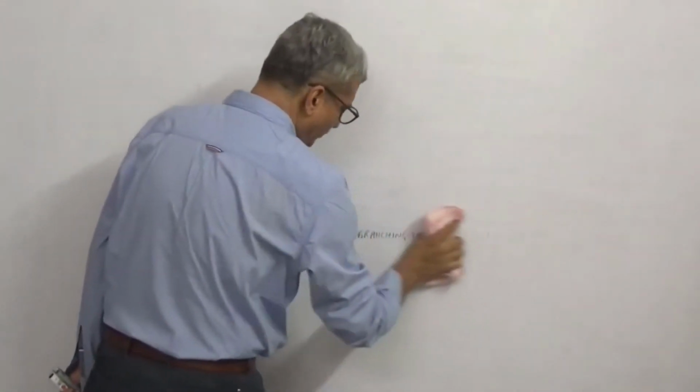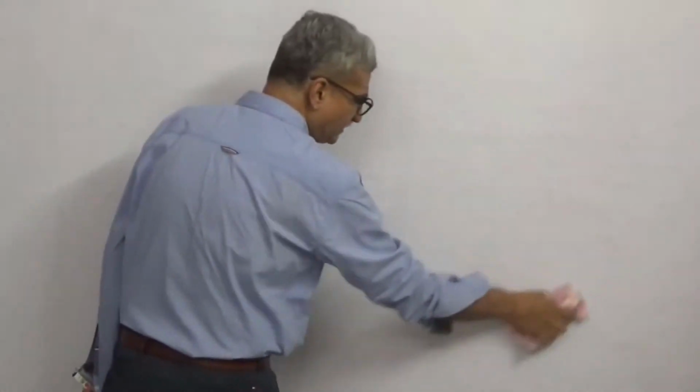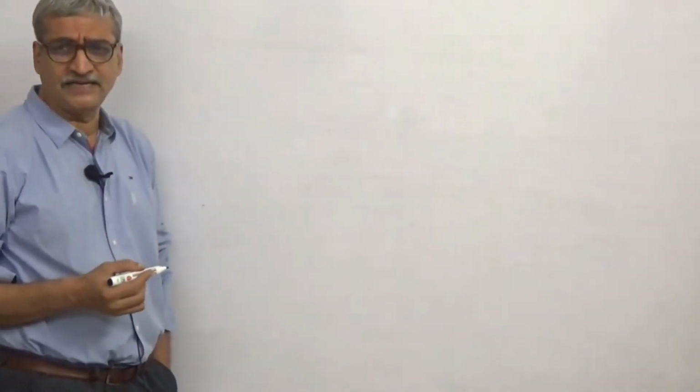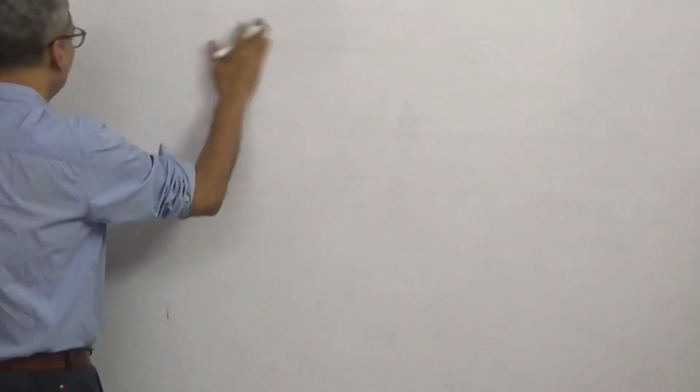So alcohol will be done in the coming 2 weeks. It's quite a bit. Then at least 30-40% of your paper 2 is over. Then the next big chapter is of course aldehyde and ketone, which is difficult, we will do that. I think by your exam I should be able to finish aldehyde, ketone and carboxylic acid also. So that should help you. I'll be happy if you do well in chemistry.